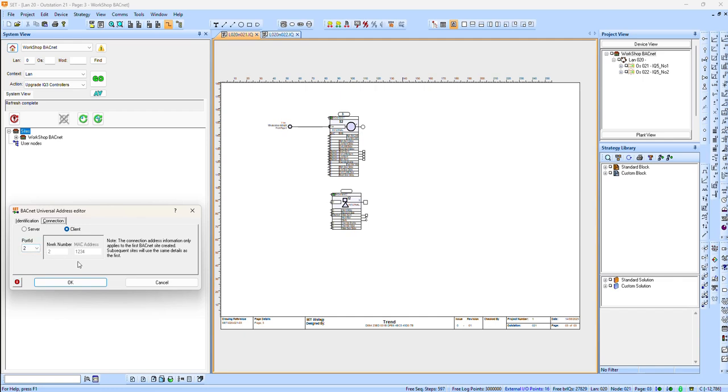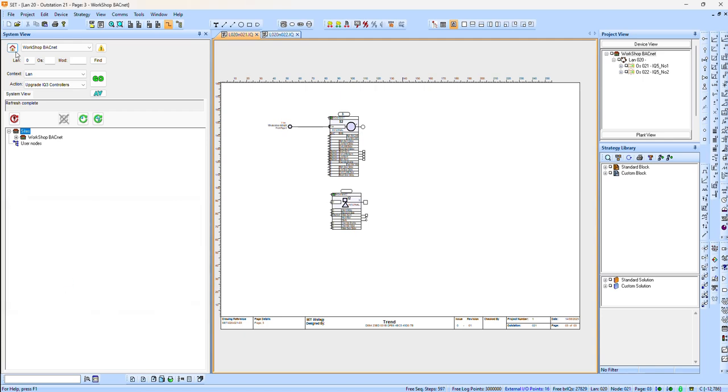I've already set it up in the background, or chosen the defaults actually in the BACnet install, and it sort of translates BACnet network number 1 via a router, and this is our routed connection. But you don't normally have to worry about that. As long as I just keep the defaults, we'll be fine. And there's our BACnet client. Now we should be simply able to refresh and discover things,